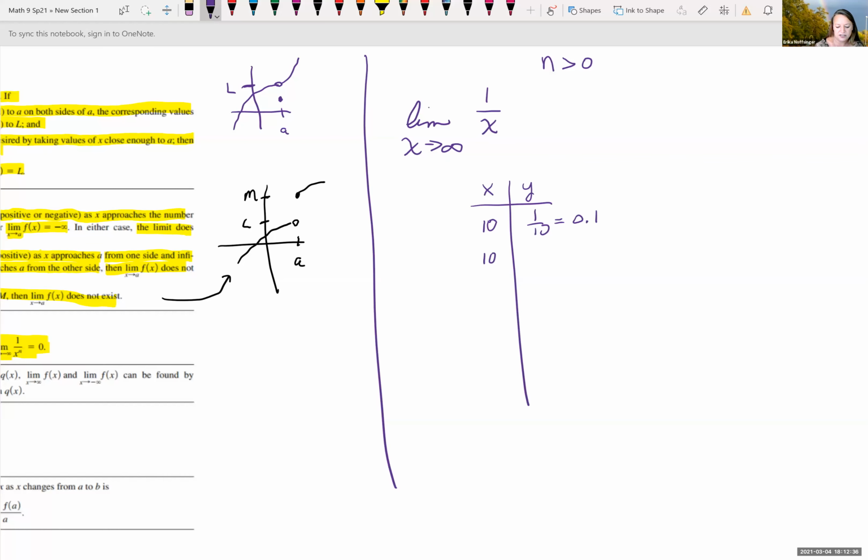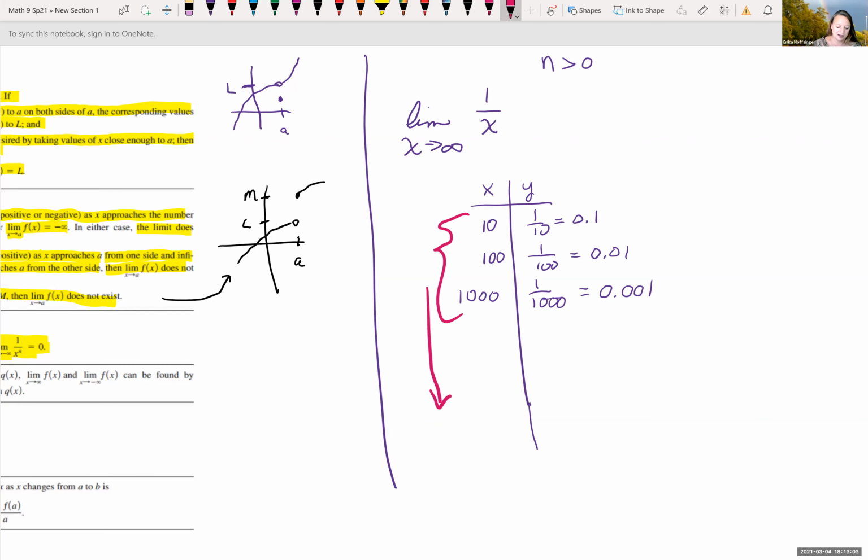If I put in 100 here, 1 over 100, this is giving me 0.01. And as I'm blowing up, if I put in 1,000, I get 1 over 1,000. This is even closer to 0.0001, 1,000ths. And so as this number here approaches infinity, as it gets larger and larger, and it doesn't have